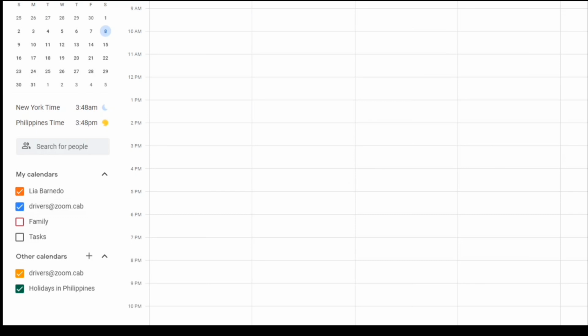Hover your mouse over the calendar, click the three dots to show the color palette, and choose the color green. I would like to change the calendar's color of the holidays in the Philippines from dark green to purple. Assigning colors to different categories of events like work, personal, meetings, or deadlines helps in prioritizing tasks and managing time effectively.